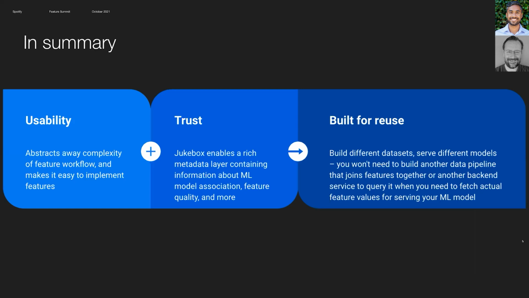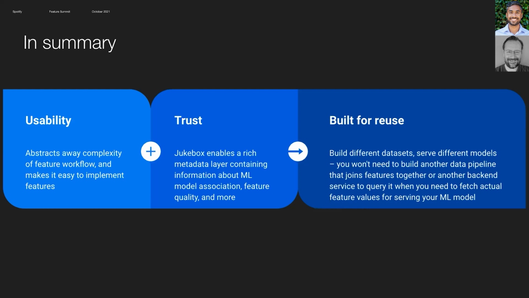I mean, Spotify is a unique example where we have so many different ML use cases across the company that we need to design a product for. And so our challenge is really to prioritize the right use cases. And in that case, where Daniel was mentioning before with things like point in time joins, we interviewed a bunch of different customer teams and identified what we need to prioritize to have the most usable product across the company. And this also helps build trust into the product, because at this point we're actually adding